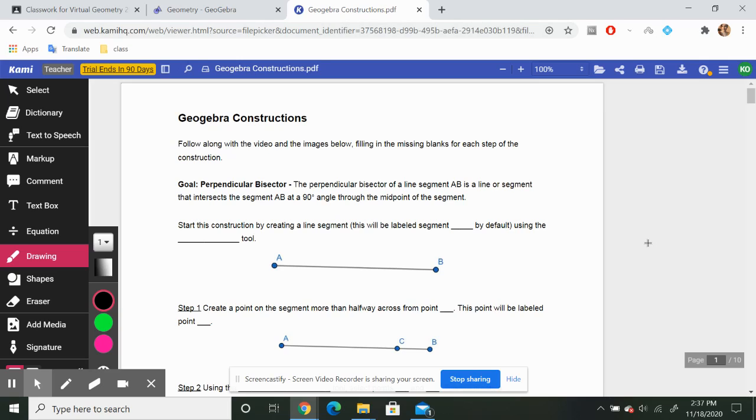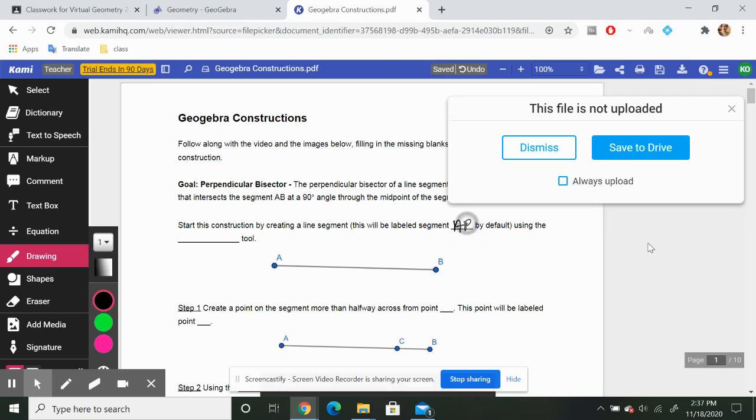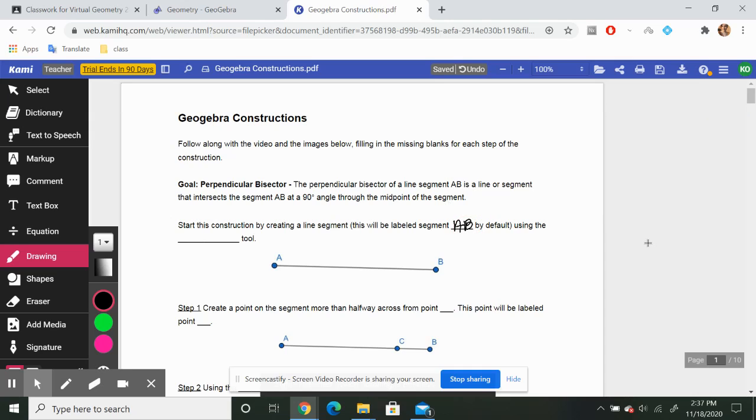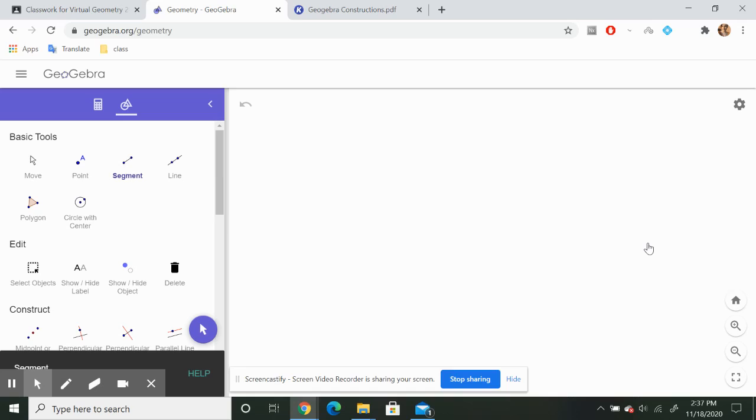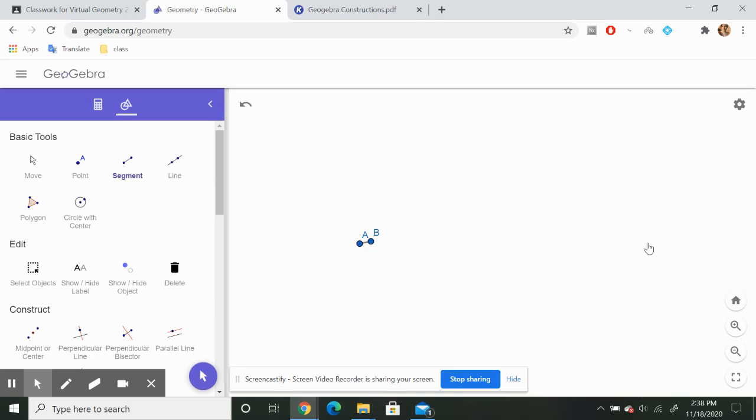So it says to start the construction by creating a line segment, okay? And this line segment's going to be labeled AB automatically, okay? And we're going to be doing this using the segment tool. Okay, so we're going to go over here, we're going to click segment, and we're going to create a segment. Sorry, it's a little harder using this one. We're going to create a segment,